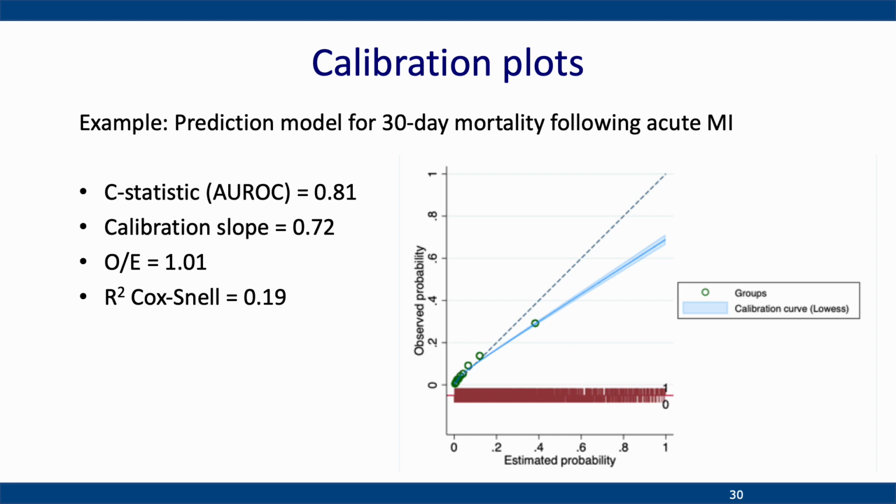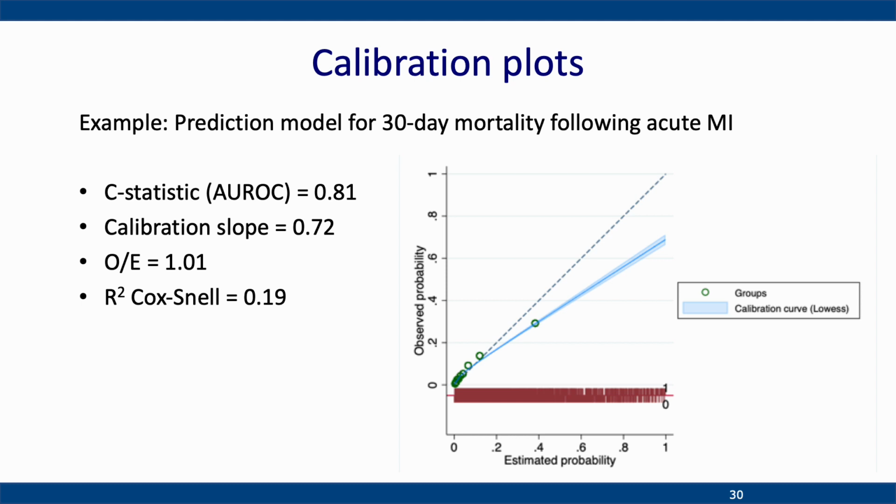So a little bit more on calibration plots. Calibration plots are neglected in prediction model research. People usually focus on measures like the C statistic, a measure of discrimination, or the R-squared value. And I've given those 2 things here, 0.81, somebody might say, oh, that's quite good, R-squared 0.19, that seems okay maybe. But it's so difficult to understand these measures. Actually, what calibration does, it gives us a visual display of the range of predictions and crucially how they agree with observed outcomes and outcome risks.